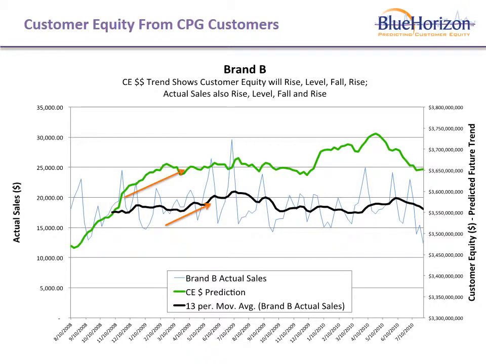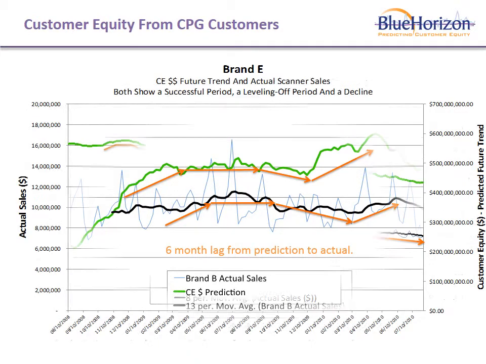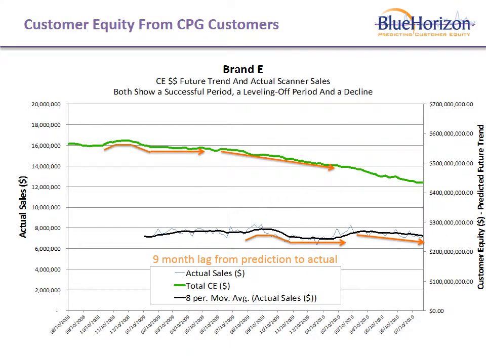For all 6 brands in the pilot test, the customer equity line foreshadowed actual rises and falls in the brand sales. In other words, the predictions indicated that cash flow would rise or fall, and it was known about 4 to 6 months before the actual rise and fall of the similar sales in the future. In another example, the prediction is refined enough to show a temporary rise in customer equity about 9 months before the rise happened in actual sales.